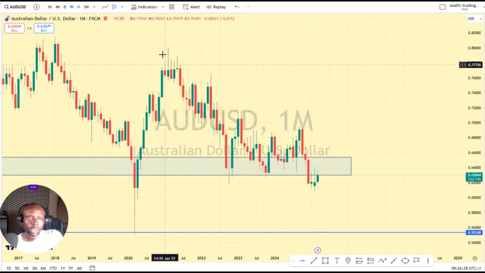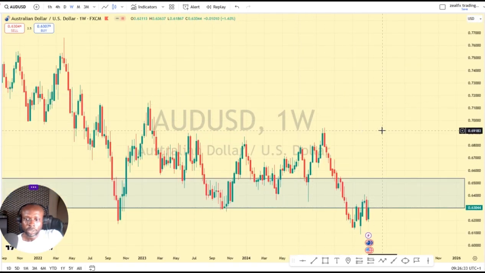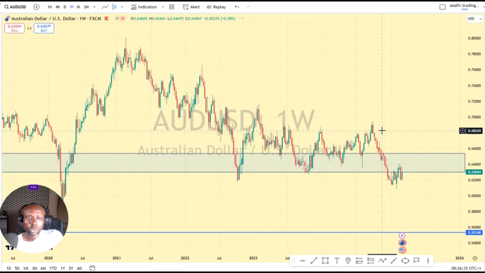So let's look at the weekly chart on the Australia USD. On the weekly chart, we check the trend, and we have a series of lower highs. So long as we have this series of lower highs on the Australia USD, we expect price to continue to push lower. But we have a structural break here now, which confirms Australia USD for a major drop in these coming weeks and months. So long as we have this structural low, and price went up,